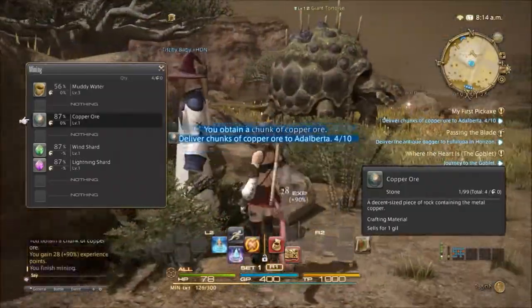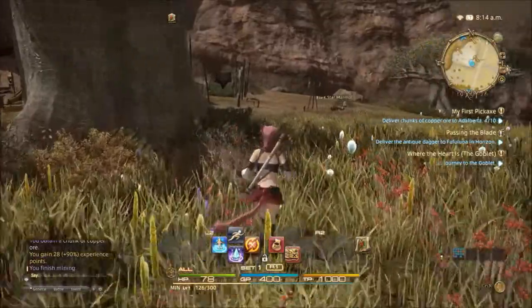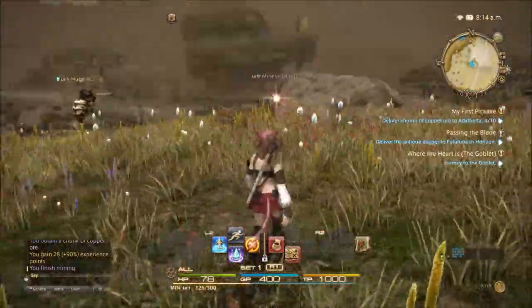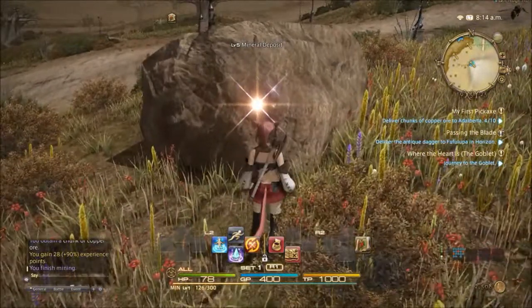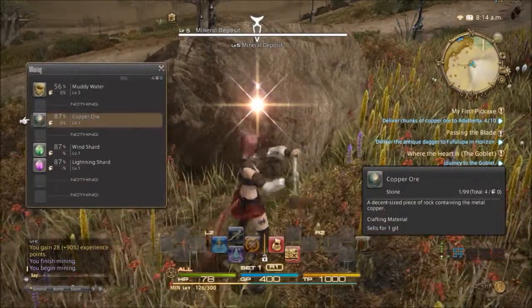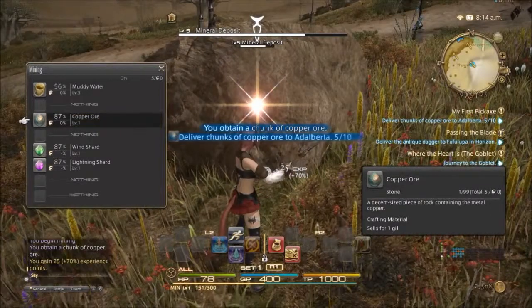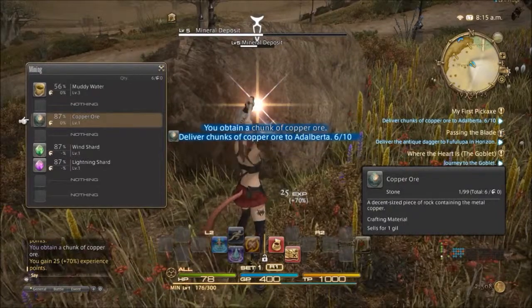As I go through this, there will be a passive skill that I can get, which will occasionally give me either more swings of the pick, where's the next one, here we go, more swings of the pick, or it'll give me a greater chance of getting minerals out of the stone. There we go, 1, 2, 3,